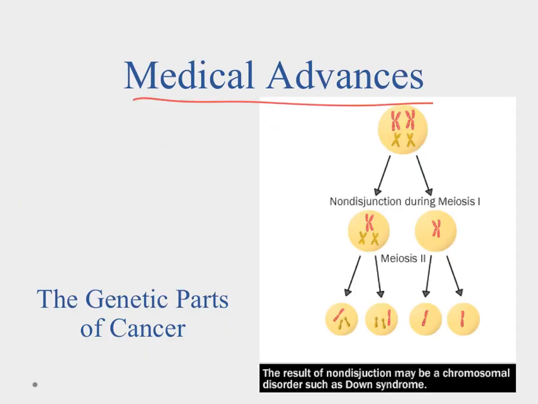Okay, so let's end by looking at a few medical advances. By knowing the genetic material, what we're able to do is we're able to see how these genetics can play into several diseases. One of the ones we found out was with Down syndrome, that we had this non-disjunction during mitosis. So here, as we would have expected the chromosomes to split this way, through non-disjunction we end up with one that comes this way. And what that means is that we're going to have an extra chromosome,